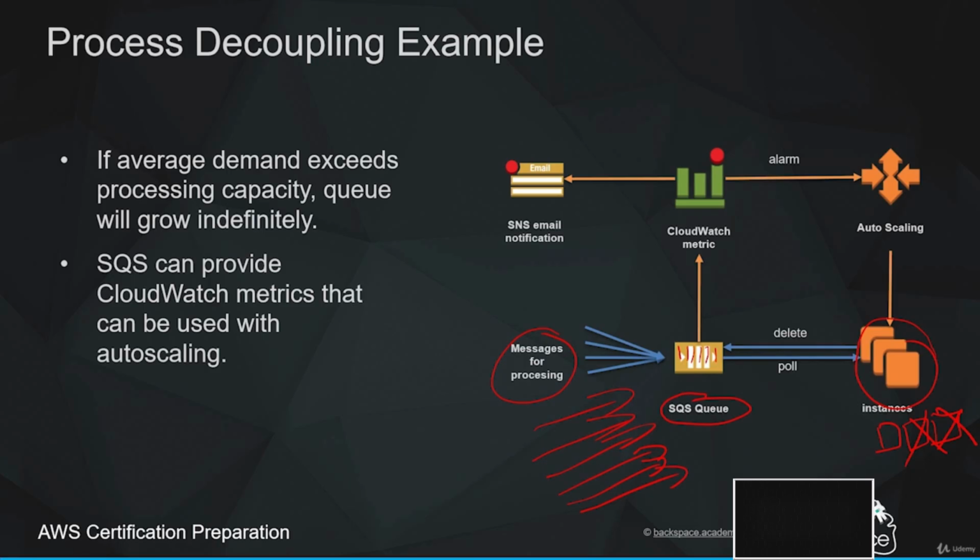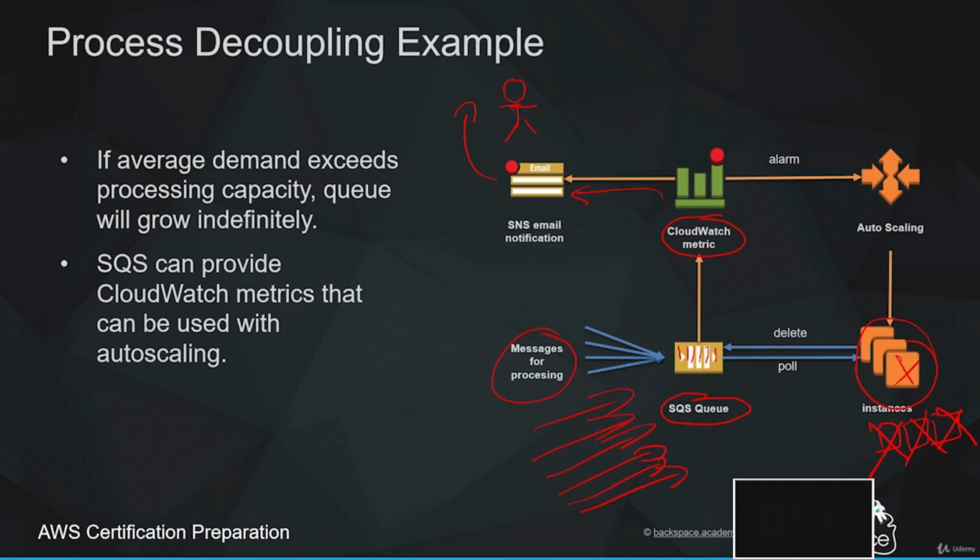It will continue to increase in size indefinitely. The same thing can happen in this architecture. For example, we might have a whole heap of unhealthy instances, and all of a sudden, our capacity cannot meet demand. And so that SQS queue is going to grow indefinitely. Or we may have done an update to our application that is faulty, and that SQS queue continues to increase. So what we can do is set up a CloudWatch metric, and that will alert us with an SNS email notification that our SQS queue is continuing to grow and that we need to investigate that further.